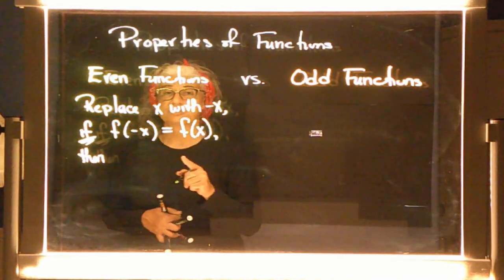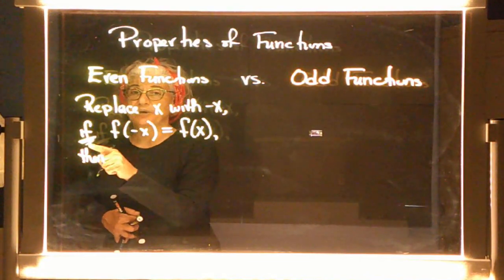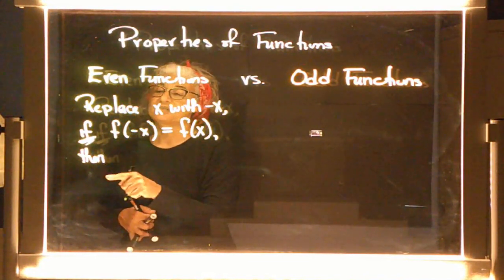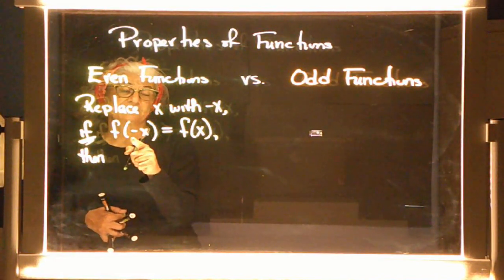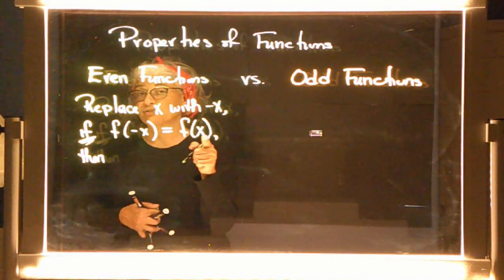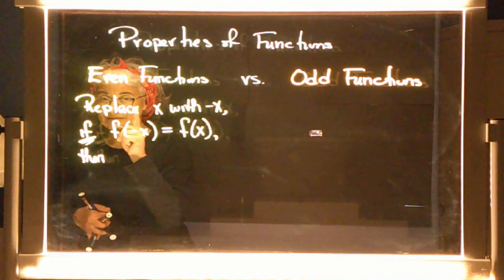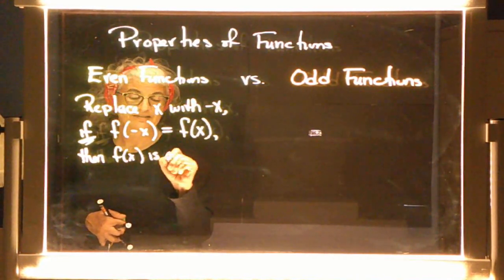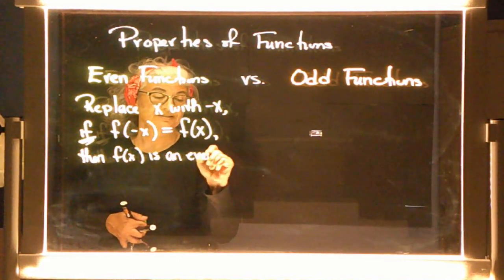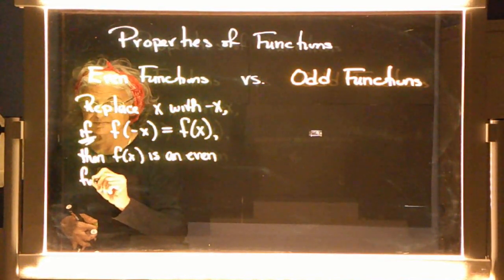So here's what I need you to understand. The if is the requirement. The then is the result. So if this requirement is met, if when I plug in negative x, I actually end up with the original function, then f of x is an even function